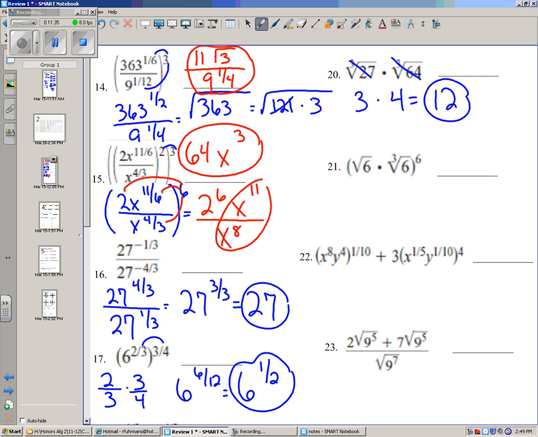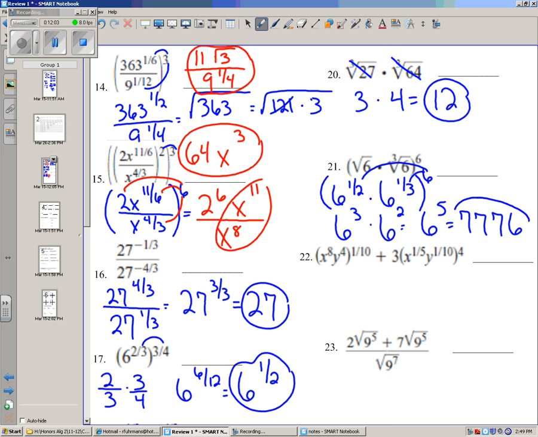On 21, because there's exponents and radicals, I'm going to rewrite it all as radicals. So I'm going to change it to 6 to the 1/2 and 6 to the 1/3, and then have all of that be to the 6th power. So this 6 is going to distribute in, and I get 6 cubed. And then it's going to distribute into the 1/3 and get 6 squared. And when I'm done, I'll have 6 to the 5th power, which is worth